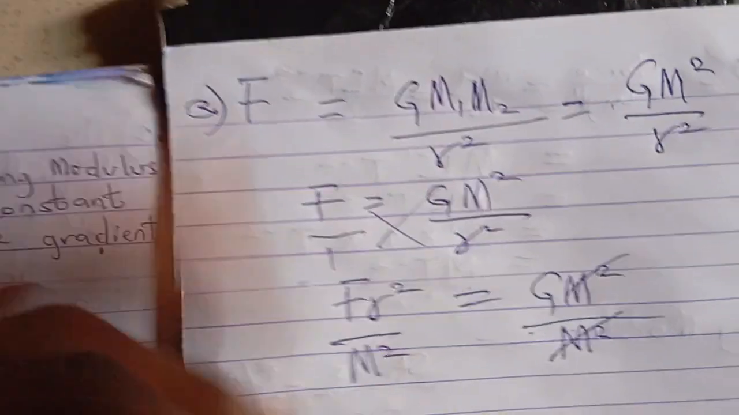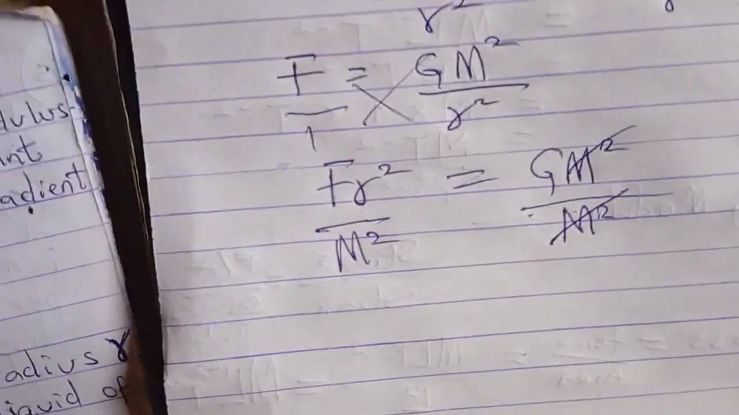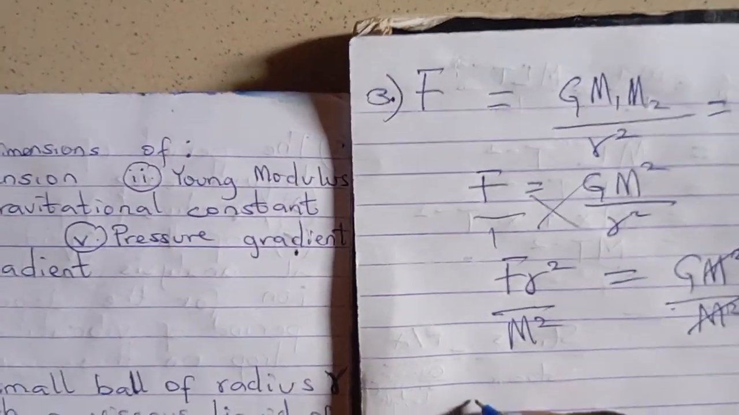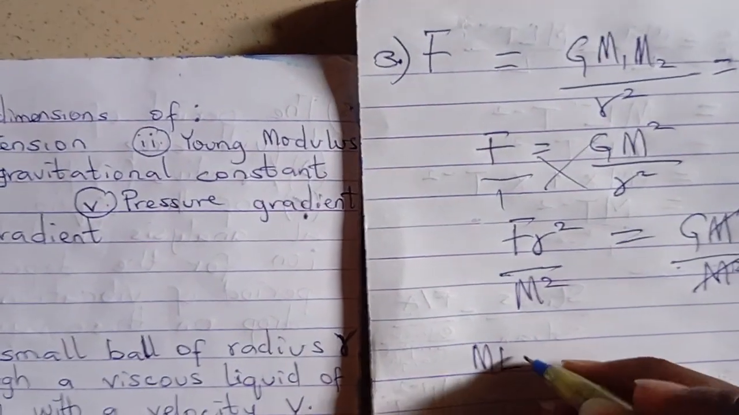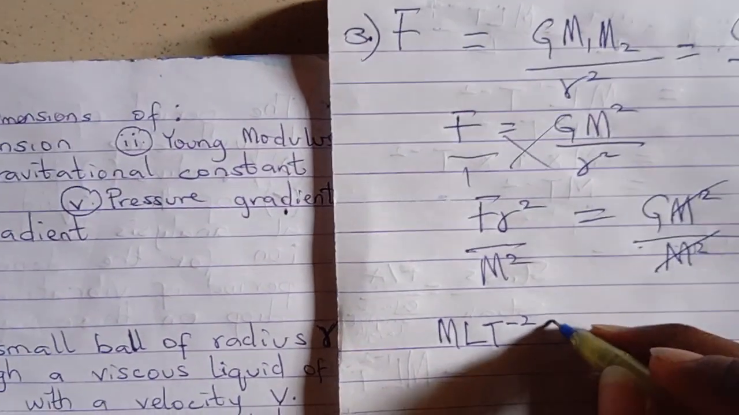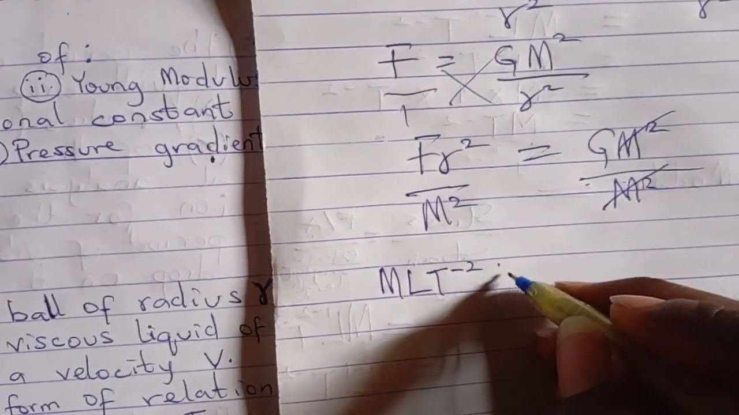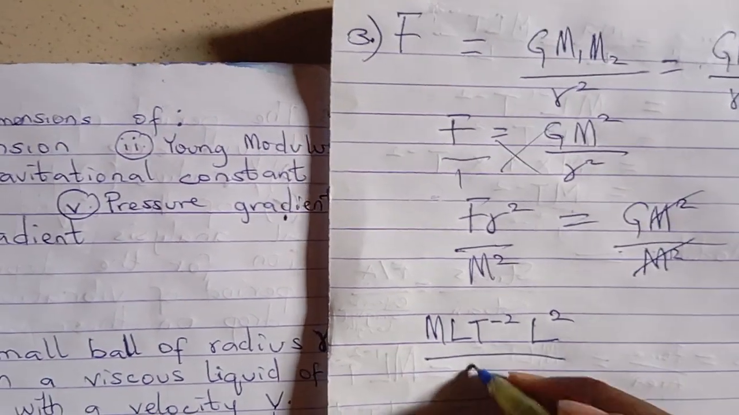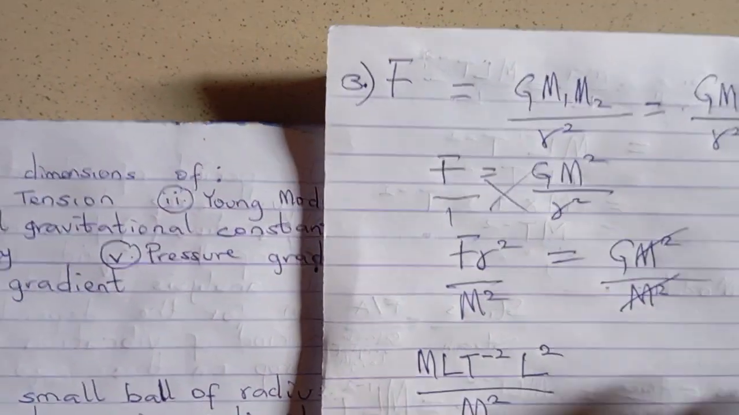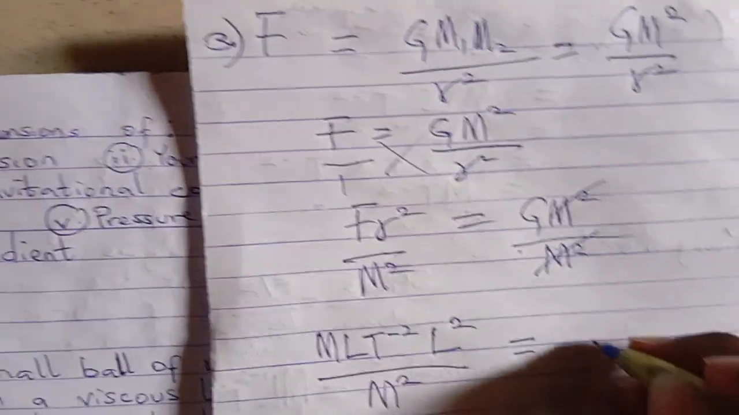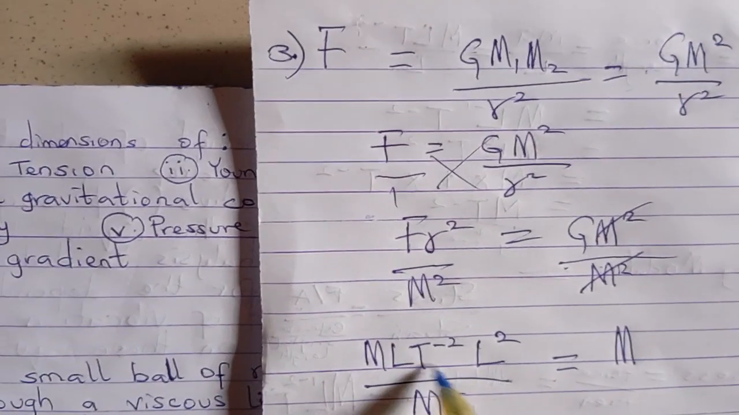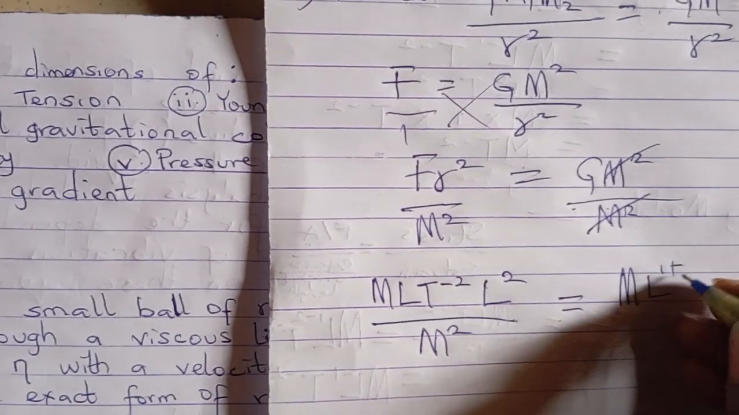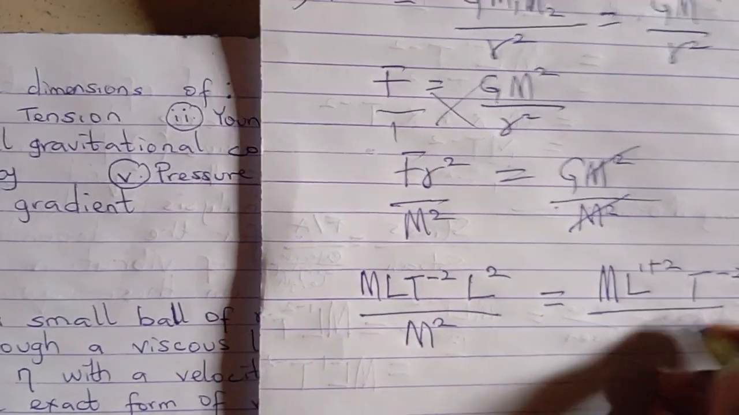So when we divide now, you see that we have G equal to F r square over m square. It's at this point we now substitute. We know that F is equal to m l t minus 2. R is the same thing as distance; radius is distance found in a circle. So l square all over m square. Applying the multiplication law of indices to the numerator, we have m l to the power 1 plus 2, then t minus 2 all over m square,